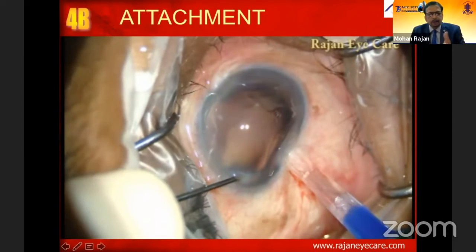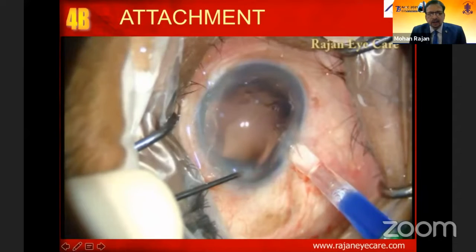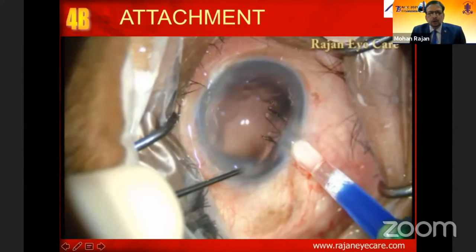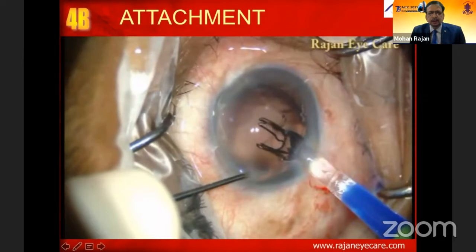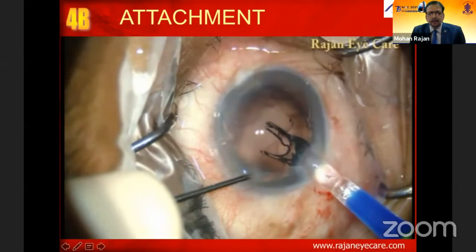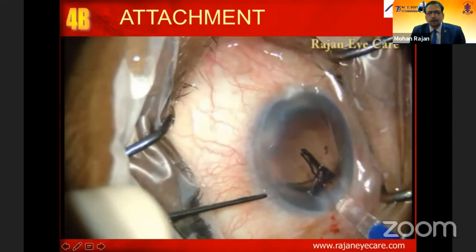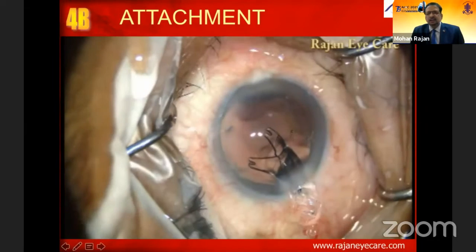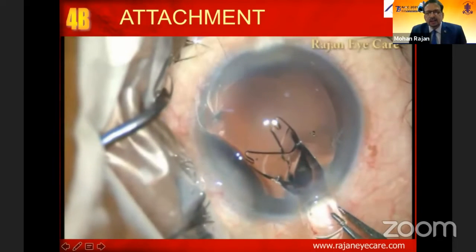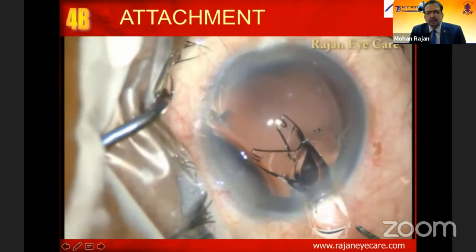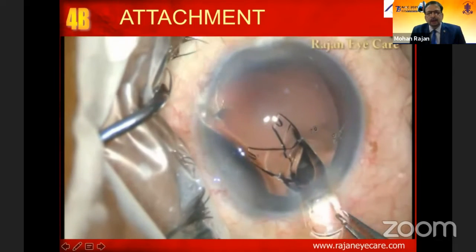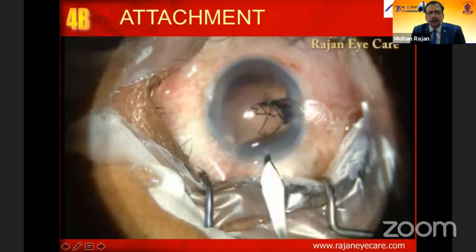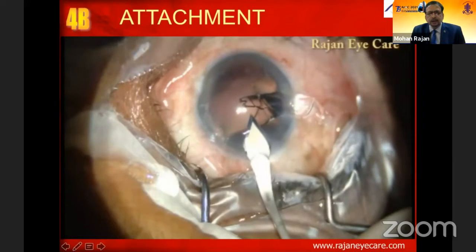Again, with the wound assisted technique of implantation of lenses, you have to be very careful, because if you don't inflate the chamber, the anterior chamber can buckle. And if you don't push it enough, the lens will get stuck like this. This is an MI60 lens, a hyperopic lens, about 30 diopter, a very thick lens as well. It is not going inside, and it's not coming out.